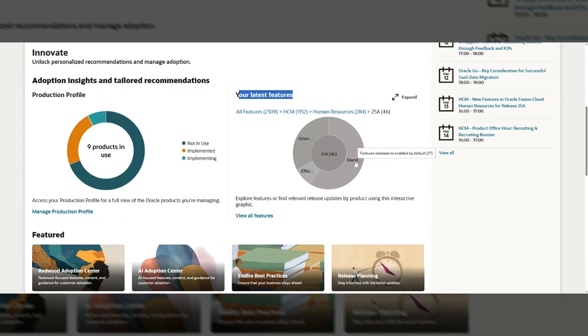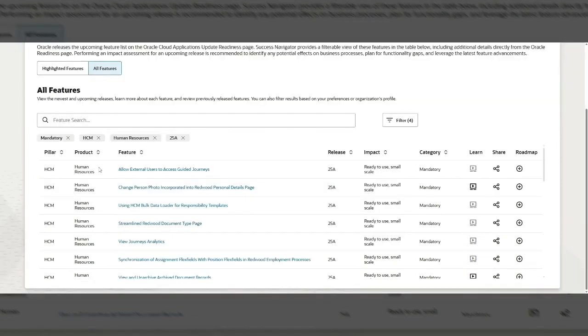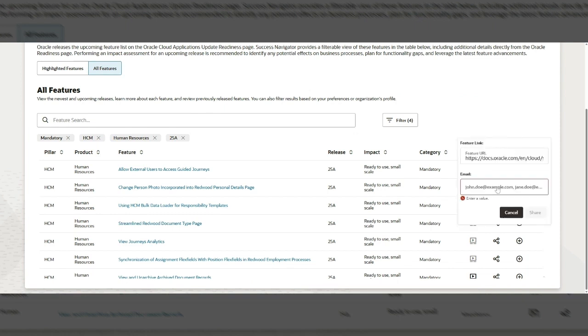If I have a look at the mandatory, I can see there are 27, and by clicking last, it will take me into the feature innovation page, which will show me all of the features for 25A for human resources. I can click into the feature to open up the readiness page. I can also watch a video, which is Oracle University. From here, clients can share this